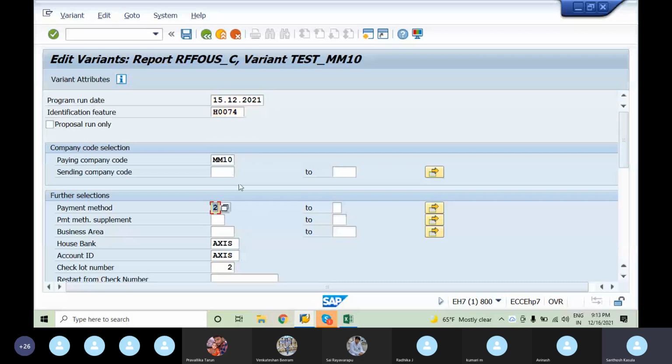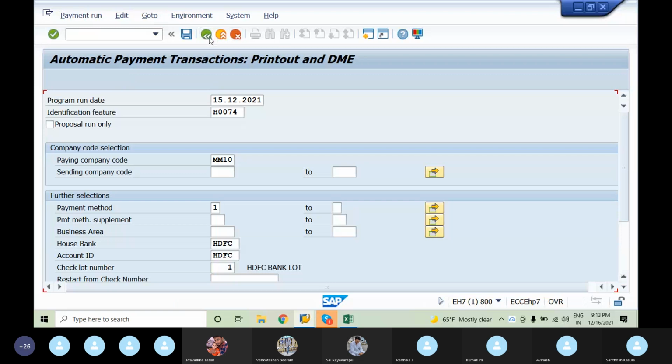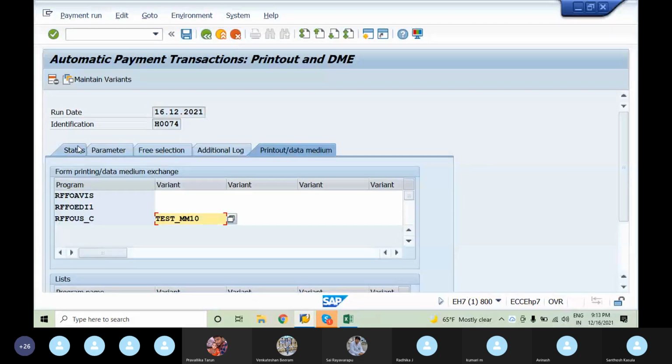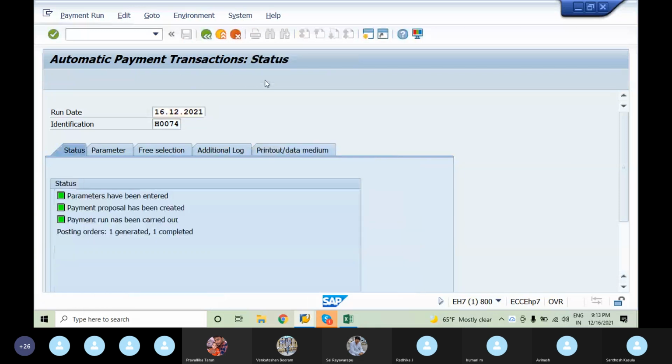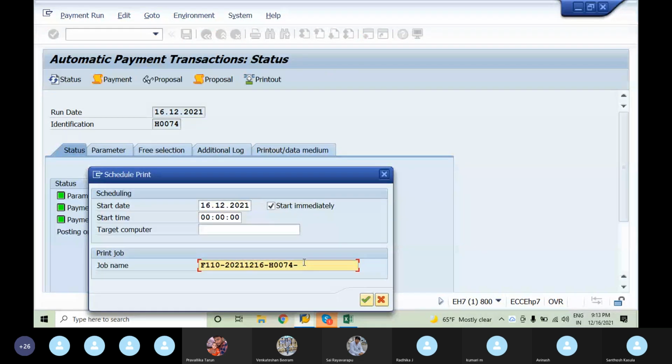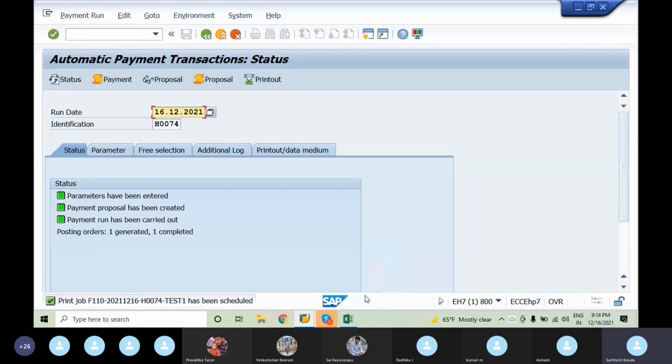And I have taken the house banks also, and automatically the lot number changes.